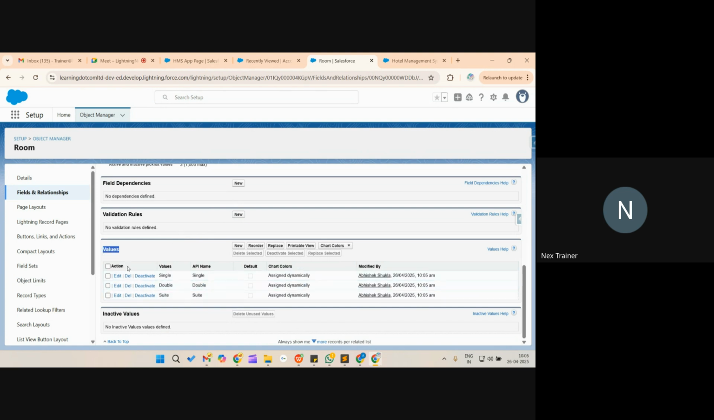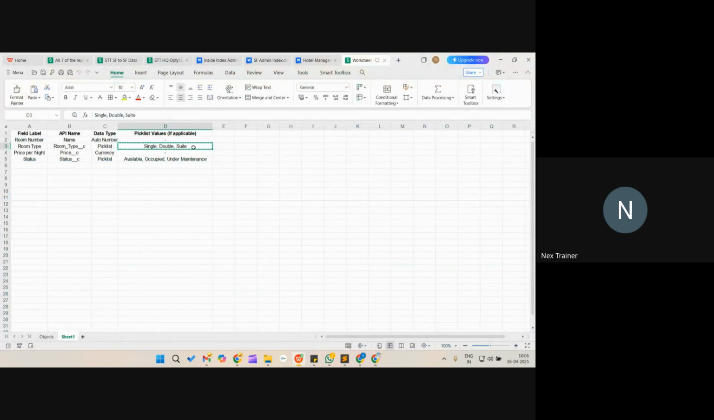Okay, and here you see values. These are the values that we have entered. So here you maintain the values. Later, if you want to add or remove some values, you can come here. Like if I say, okay, I will be adding some more,